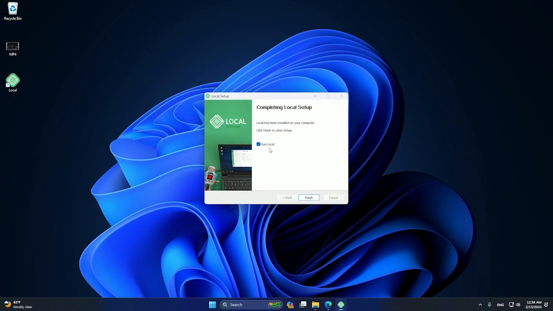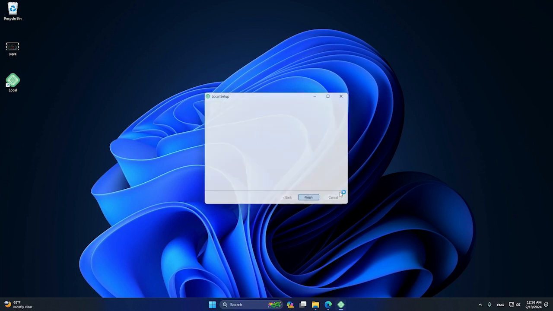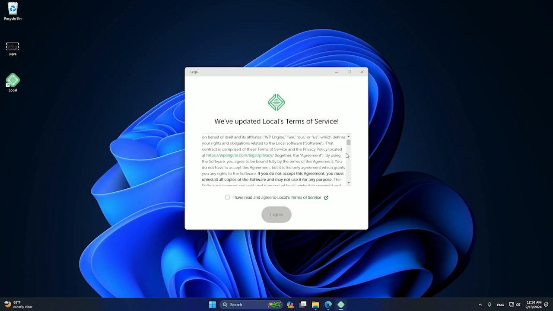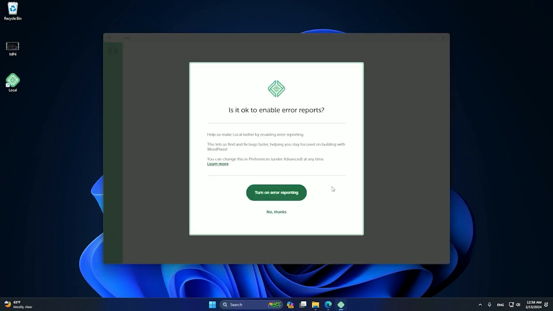Okay, so actually we can press run Local on finish. It will run the software. Also, as you can see, we have a desktop icon, so we can open it from both options. After that, we can click on I have read and agree to Local terms of service. We click on I agree,